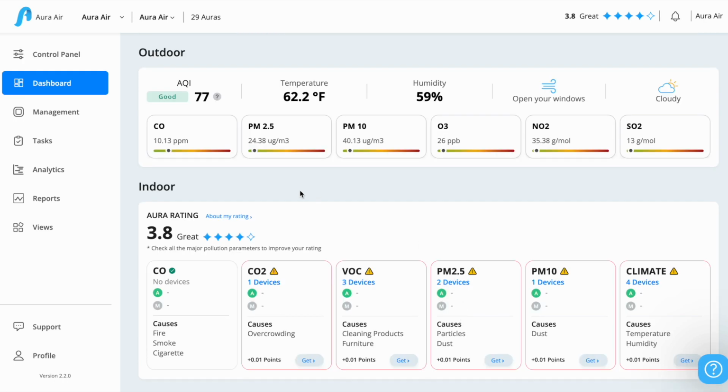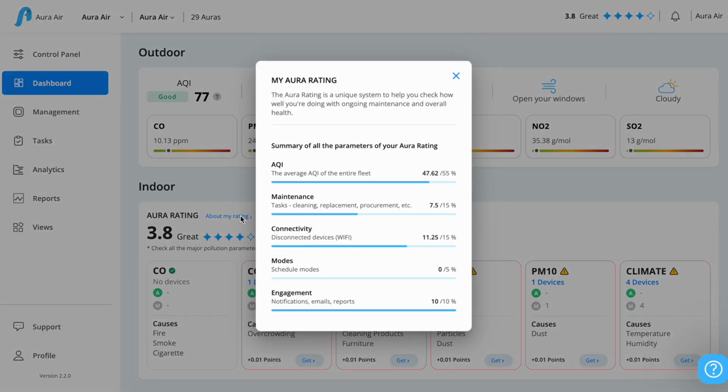Welcome to the dashboard. Here's where you'll find outdoor AQI and indoor AQI. Our outdoor AQI is going to show you the weather, temperature, and how the outdoor air pollutants are going for the day. Underneath that, you can see your Aura rating. Clicking in here, we break down the Aura rating, AQI, maintenance, connectivity, modes, and engagement, all wrapping up for a